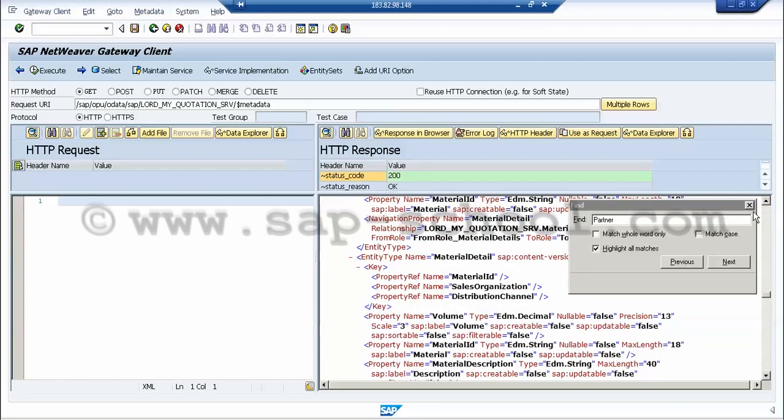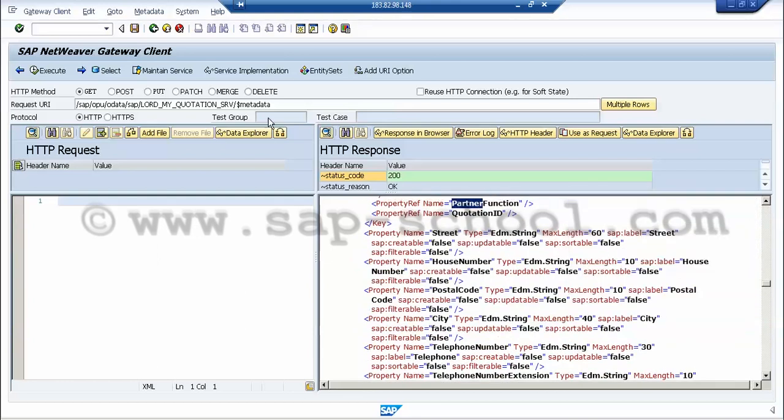So what we will do is we can now just go back to our service. So we can just change the URL here to show our service, which is z underscore load underscore test2 underscore srv, and then we can click on this dollar metadata.